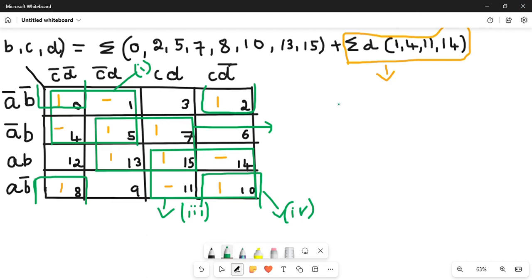So now we're supposed to make 4 columns. In the 4th column we're supposed to write the subcube number. What is the subcube number? It is nothing but your group number. So how many groups have you made? You're supposed to write group number 1, group number 2,